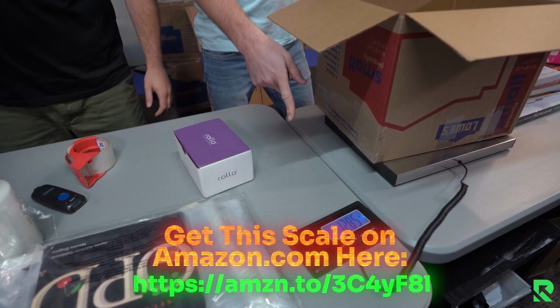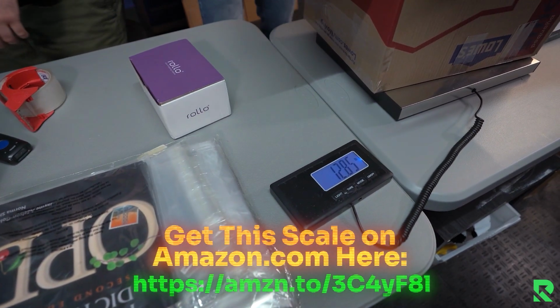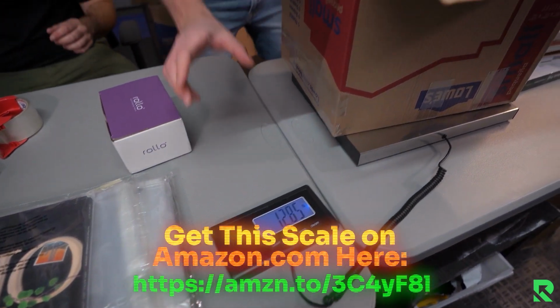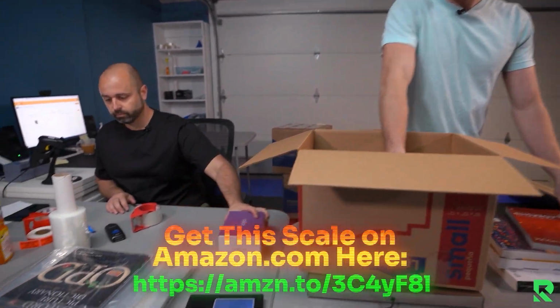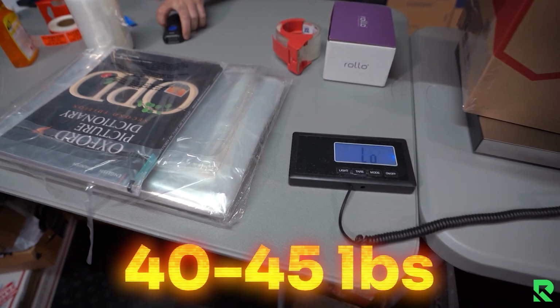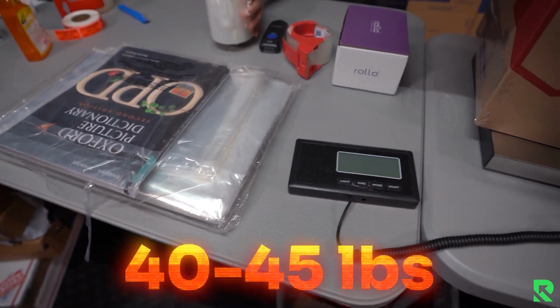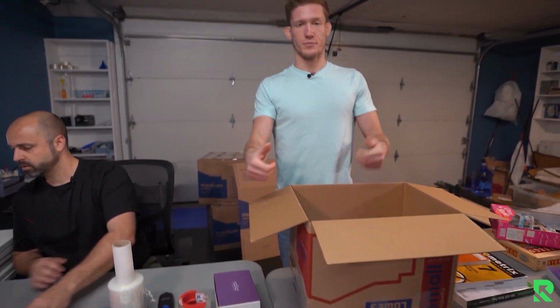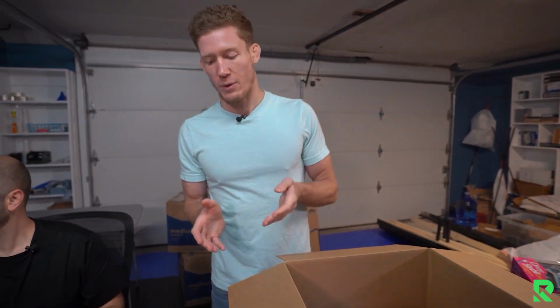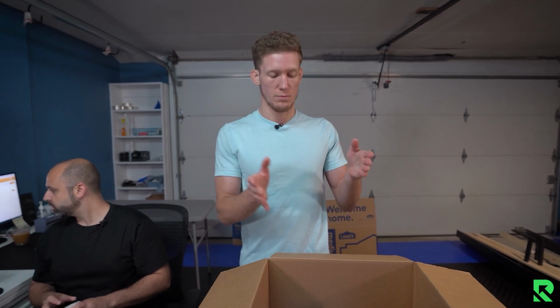I really like this scale and any type of scale like this. We'll link one below where you can see the weight as you fill up the box. I recommend going to about 40, 45 pounds. If you go over 45 pounds, it's fine. As you fill it up, the weight of the box goes up, and that way, as you're listing books, you can put books in the box and see how much the box